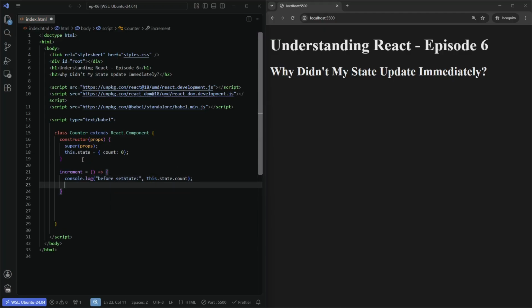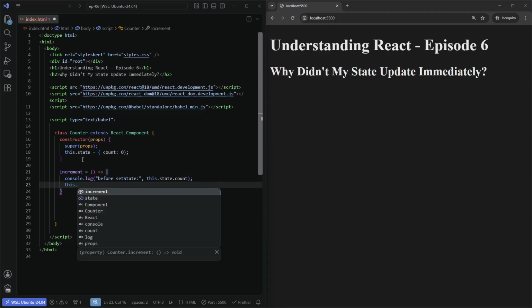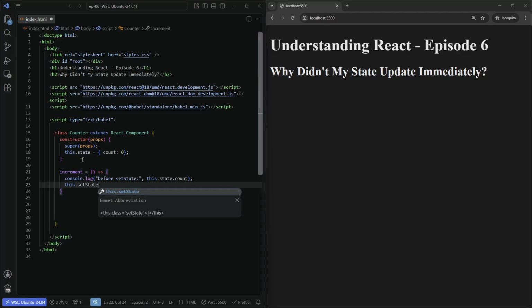Beautiful. Before, and then we actually run this.setState, and this is a built-in function. Why does it ask me to do that? I don't know. All right, this.setState, we call this function, and we need to pass in an